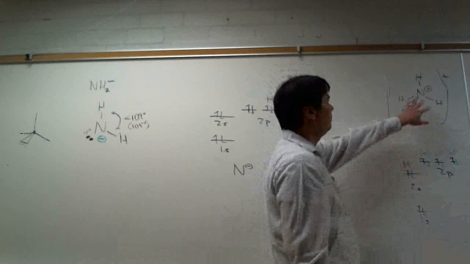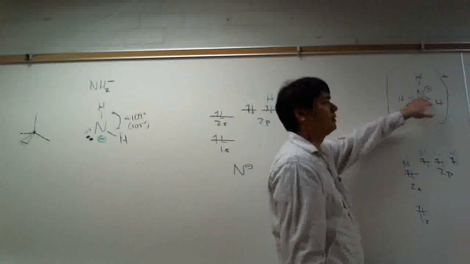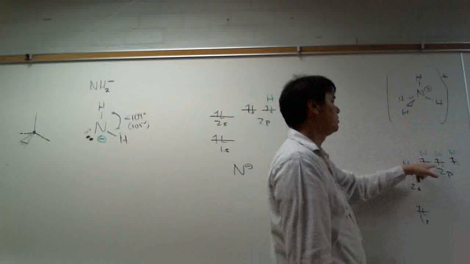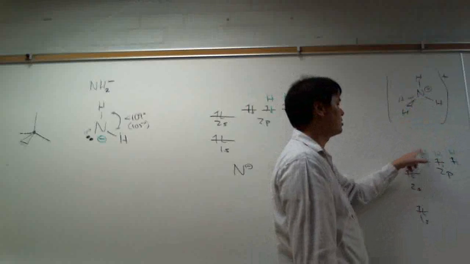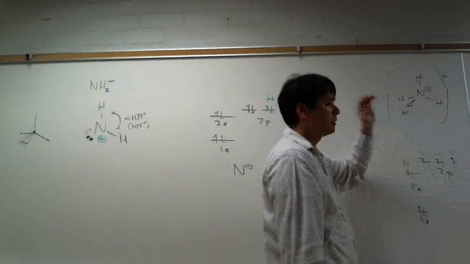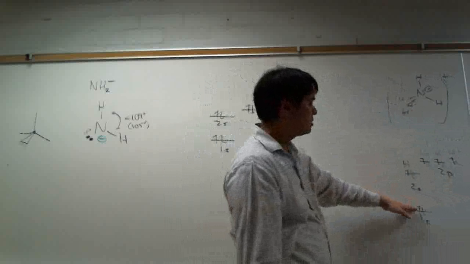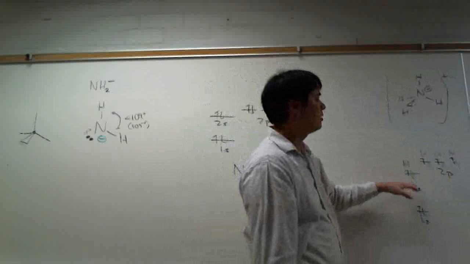Basically, we don't have a full 5 valence electrons. We only have 4, so it's 2s2, 2p2. So one of the 2s gets promoted to 2p. You get that. And so when we do the energy level diagram, the energy level diagram is going to be